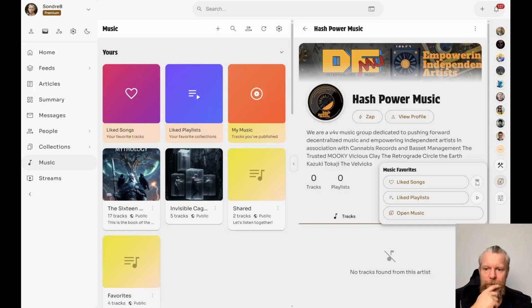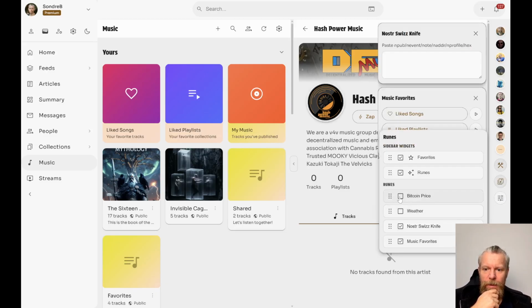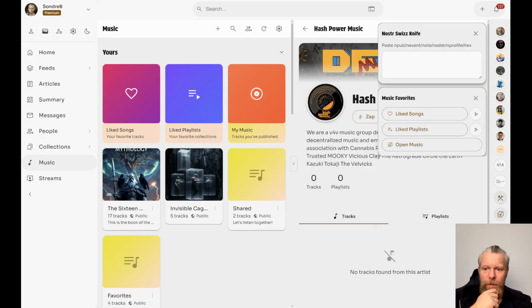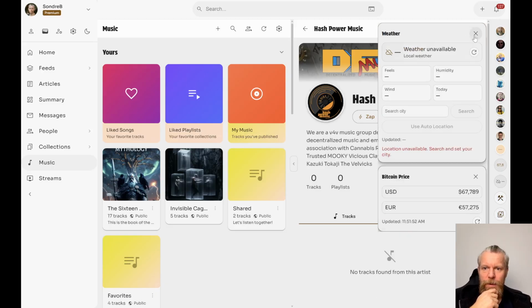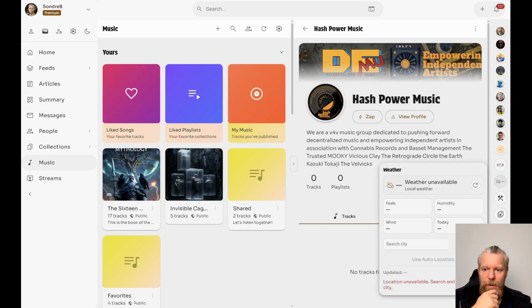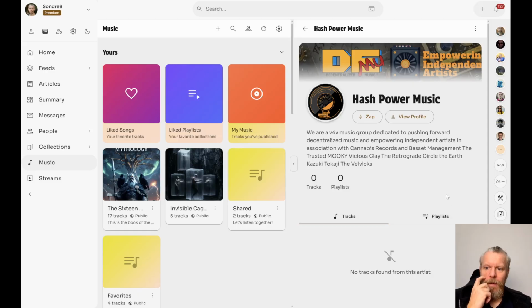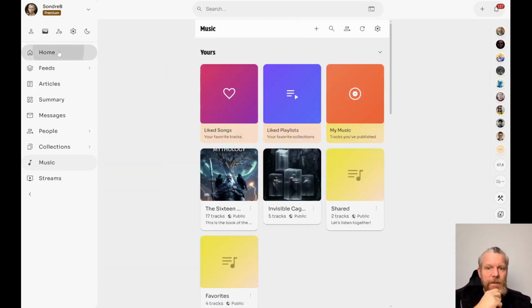Let's try this. A very new feature that was just added. I'll speak more about this later. This is called runes. It is the ability to have this kind of widgets. It's not that useful on a larger screen. You can toggle them, but of course you can see here you have the Bitcoin price, you have the weather if you add any weather here. Just a privacy message is that Bitcoin price is retrieved from an API that I host where there's no logging. Weather is obviously retrieved from a third-party service directly.